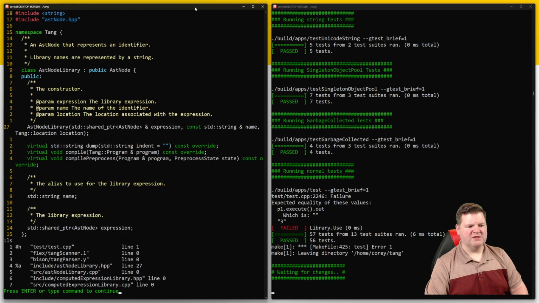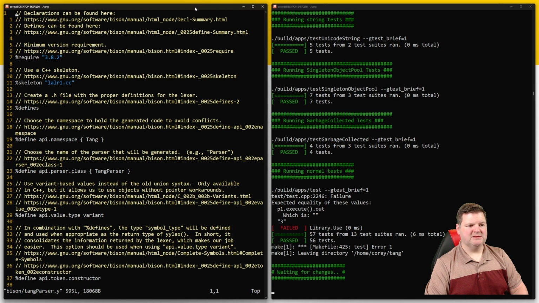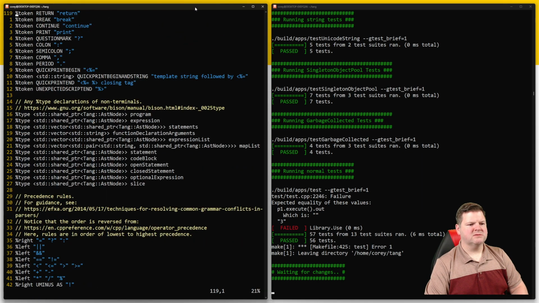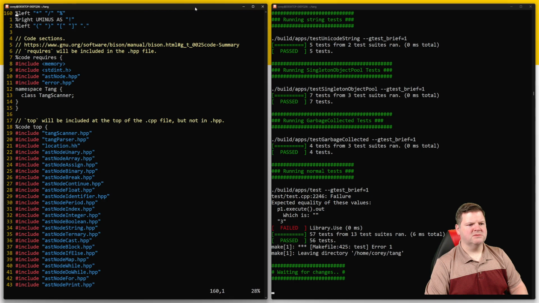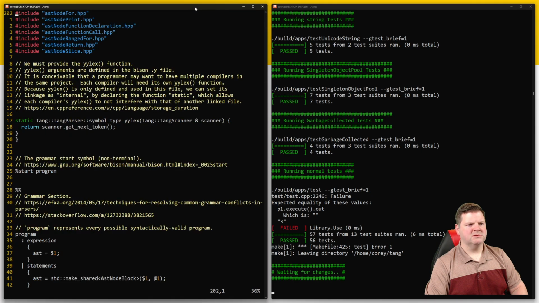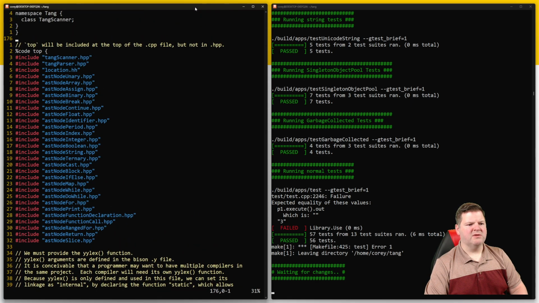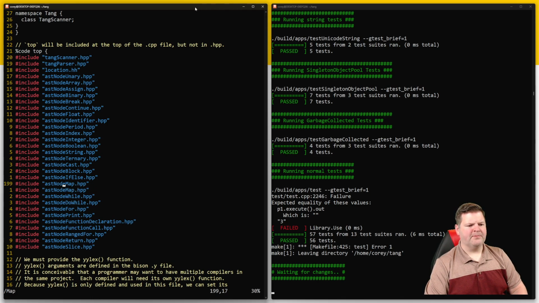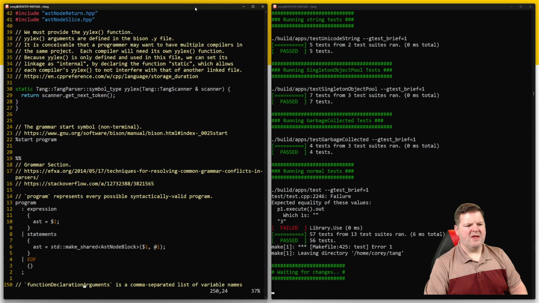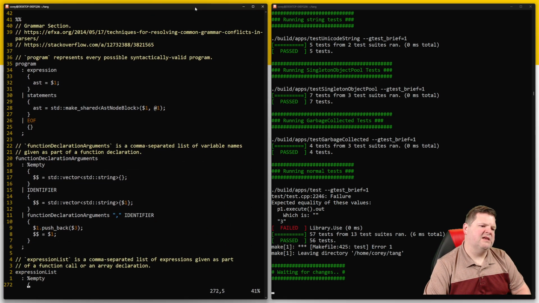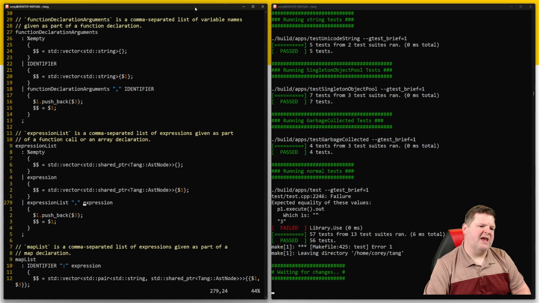So if we go back to Bison, where's map? AST node library. Okay, and what we've got is, so this will be a